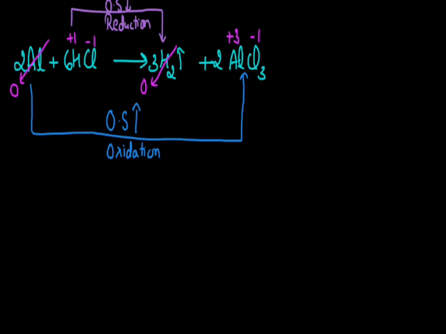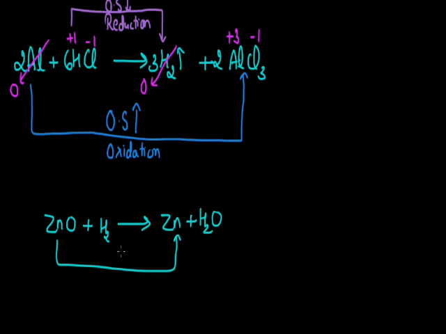Same as if I talk about another reaction, zinc oxide, ZnO, plus hydrogen. When it reacts, they form zinc and water, H2O. Simply, I can also identify the oxidation and reduction here. Since this zinc atom is going to gain electrons, and the process of gain of electrons is defined as the reduction process. Here this hydrogen atom is going to gain the oxygen atom, and the process where the gaining of oxygen occurs is defined as the oxidation process.